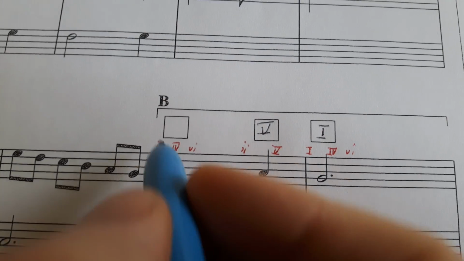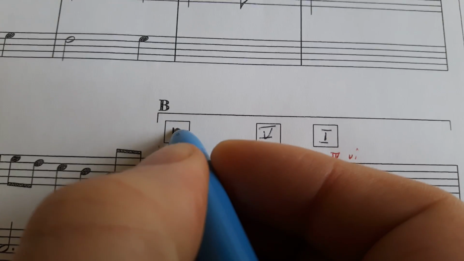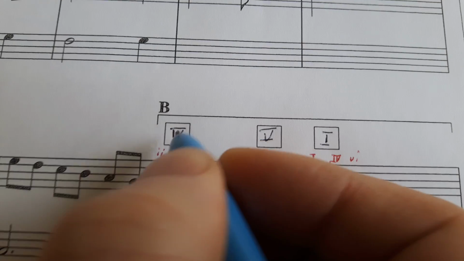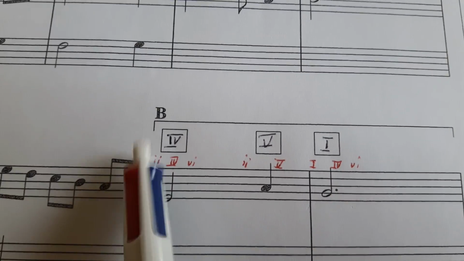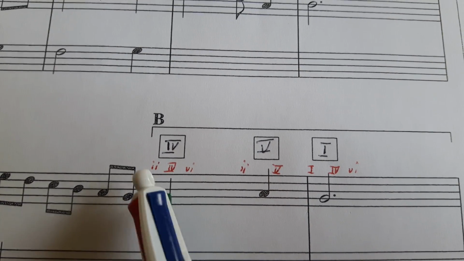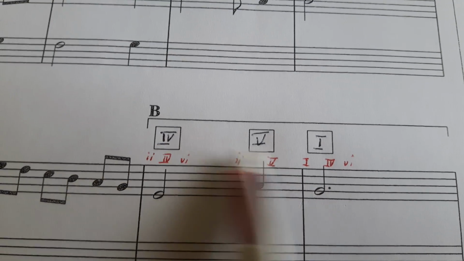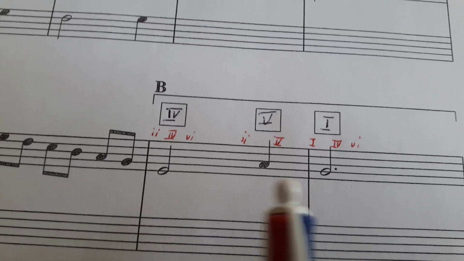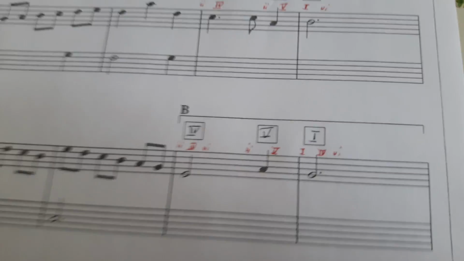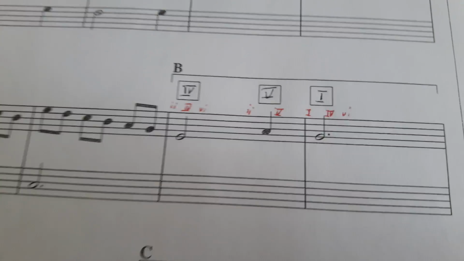I'll go for 4. It doesn't matter. Although, actually, you know what? They do quite like the transition 2-5-1. That's quite nice in classical music writing. So 2-5-1 might be nice there, but it doesn't actually matter. 4-5-1 is fine. Okay, now that that's done, we have our next part of the job, which is we need